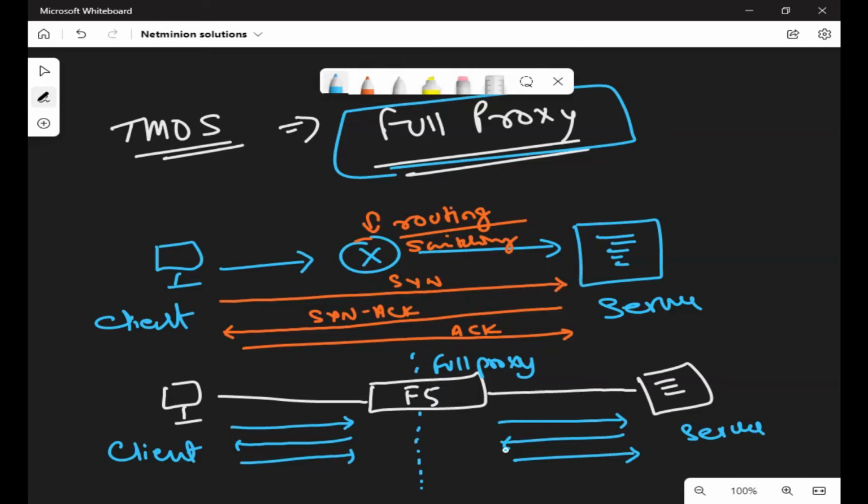I am going to talk about each and every scenario, like in which scenario you can say to your client that this kind of onboarding is not required at all. So when you give suggestions, when you provide some kind of value addition to your project, that would be taken into consideration in your appraisal cycle and all of those things, right? Yeah. So any doubt in the full proxy?